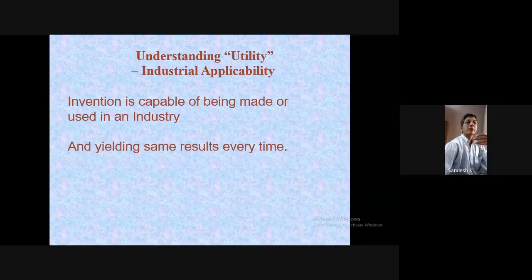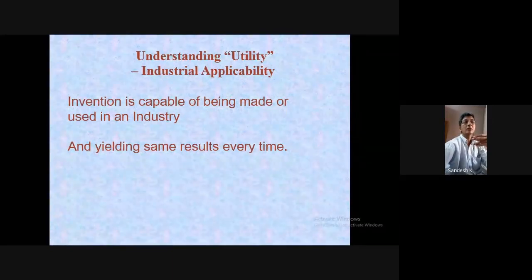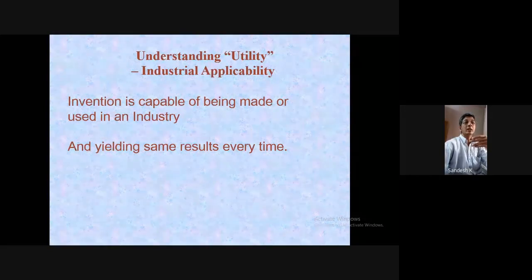Okay, this is one of the criteria which is important: industrial applicability. We have joined two or three things and we claim, okay, it is novel, it is non-obvious, yes, definitely. But at the end, whether it has got industrial applicability or not, whether it is useful or not, whether somebody will use it in the industry or not, that is the question we should ask ourselves. If it is useful in the industry, definitely yes, it is patentable. Then it should give the same result every time. That's very important in the industry. If it is not giving the same result every time, definitely nobody may be interested in that particular product. Next slide, please.